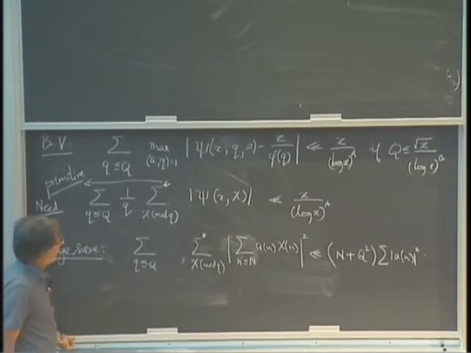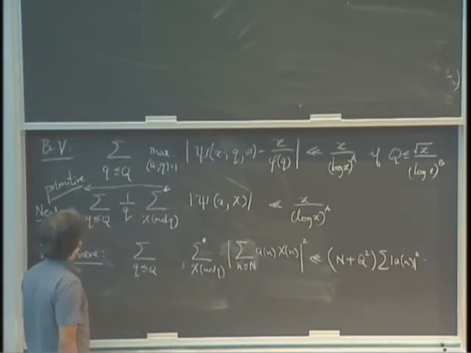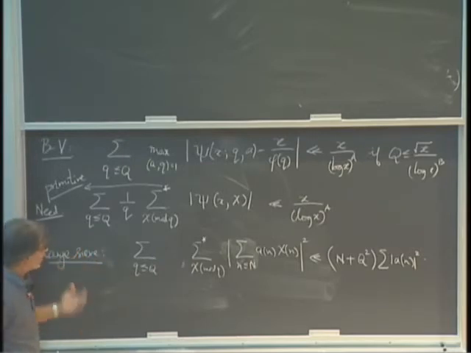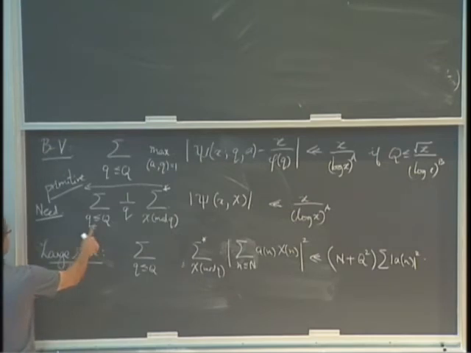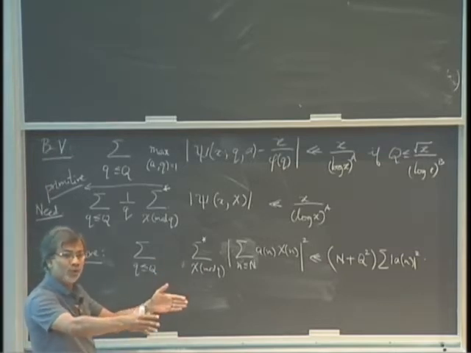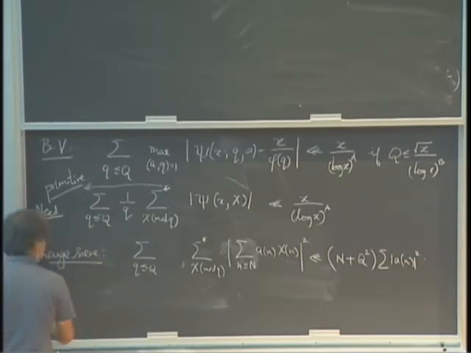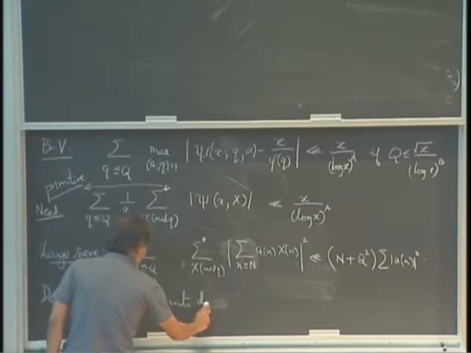So let's make maybe a few more simplifications. It's sometimes convenient to decompose various sums that you have in such a way that all the terms have roughly the same size. It's not necessary, of course, to do that, but it simplifies some arguments and may be easier to see what's going on. So this sum over q going up to capital Q, let's decompose the sum into terms from Q over 2 to Q, Q over 4 to Q over 2, etc. A dyadic decomposition. So decompose into dyadic blocks